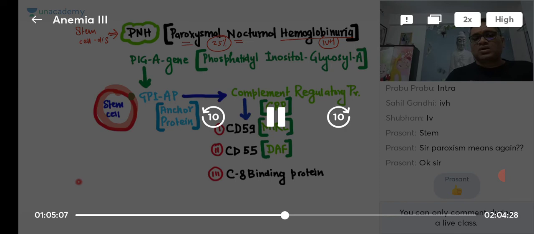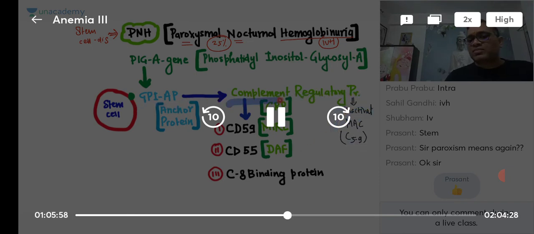So I am showing you a normal stem cell, encoded by PIGA gene, having GPI anchor protein on its surface. This anchor protein, as you can see from the name, is anchoring complement regulatory proteins. What is the function of complement regulatory protein? Their basic function is to inactivate the membrane attack complex. You remember the complement pathway? Membrane attack complex C5 to C9, right? So that is why the name is complement regulatory protein. They are regulating the complement membrane attack complex. Now you understood? So this GPI anchor protein is holding complement regulatory protein which will inactivate the membrane attack complex.